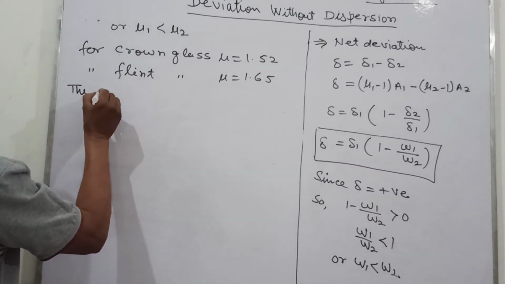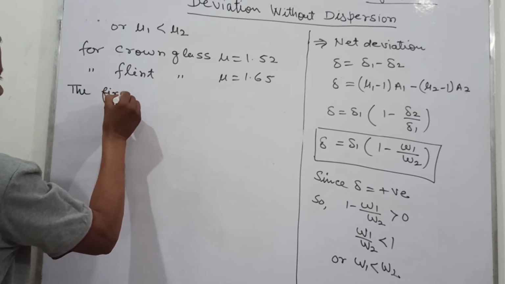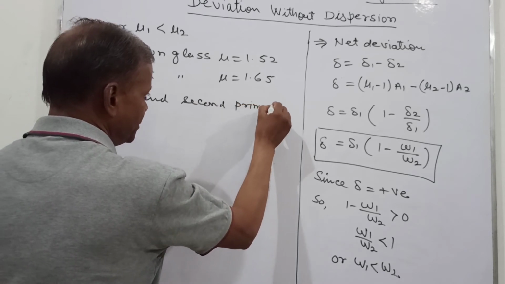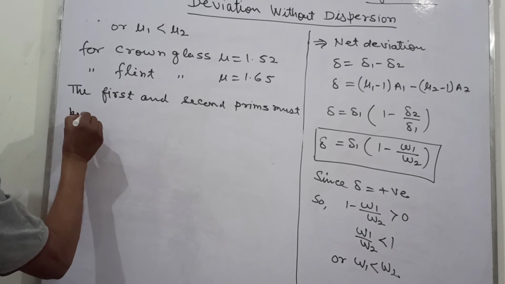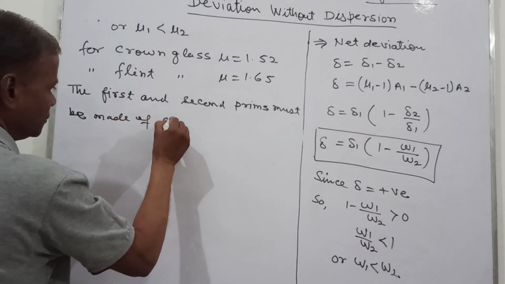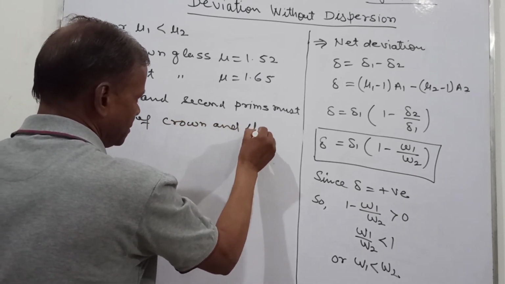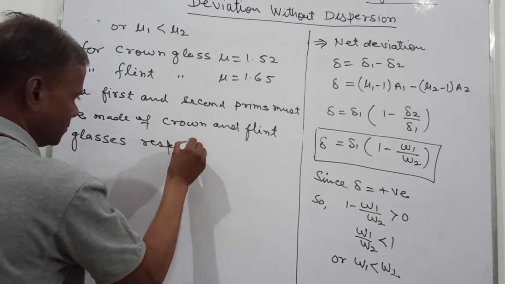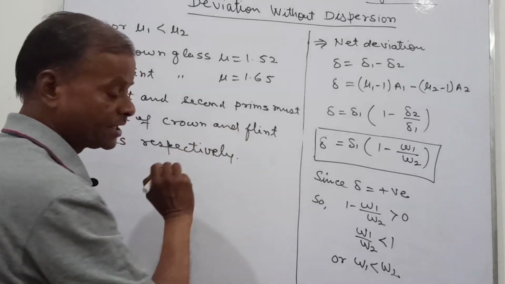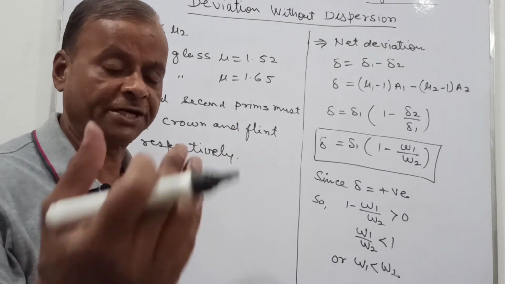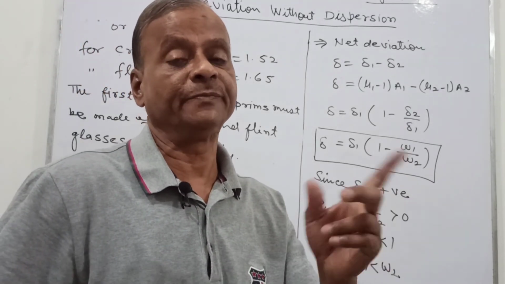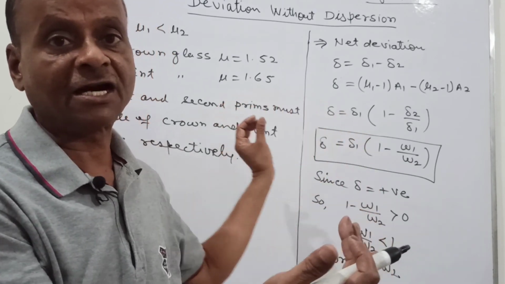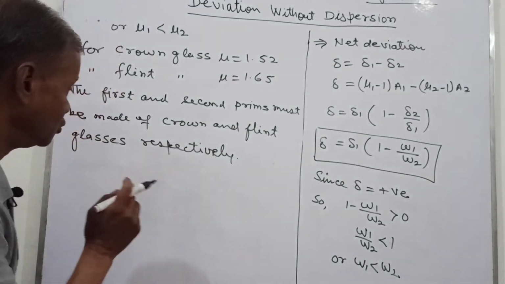So the first and second prisms must be made of crown and flint glasses respectively. तो ऐसा नहीं है कि आप किसी भी ग्लास को आप फर्स्ट प्रिज्म के लिए यूज कर लें, किसी को सेकंड के लिए प्रिज्म कर लें, लेकिन जब आप इनको फर्स्ट और सेकंड प्रिज्म बनाएं क्राउन और फ्लिंट ग्लास का, तो क्राउन ग्लास का प्रिज्म पहले होना चाहिए और सेकंड फ्लिंट ग्लास का प्रिज्म वो बाद में होना चाहिए, जिससे इंसिडेंट लाइट वो क्राउन ग्लास के प्रिज्म पर गिरना चाहिए।